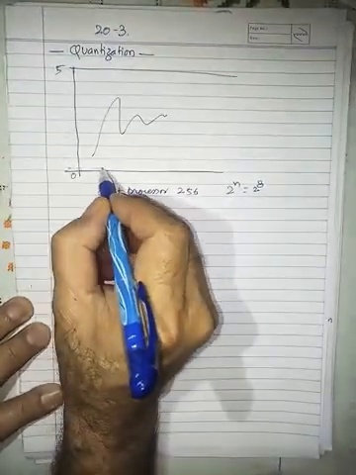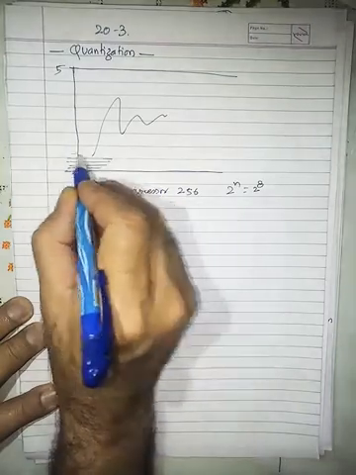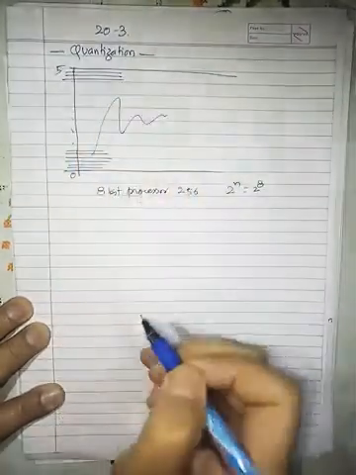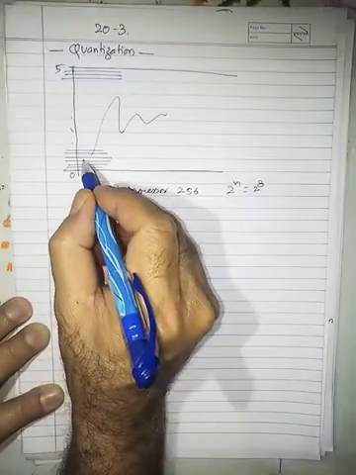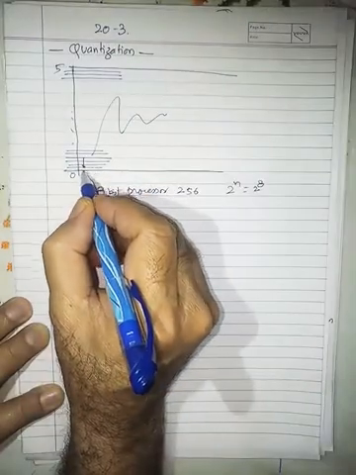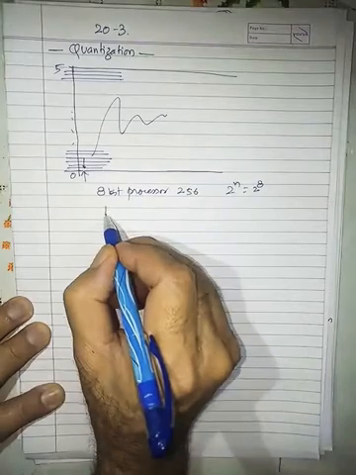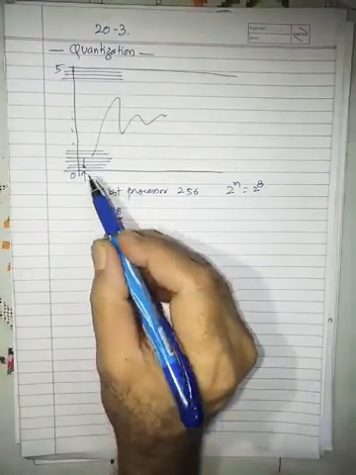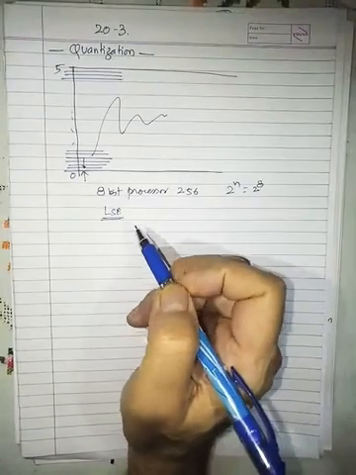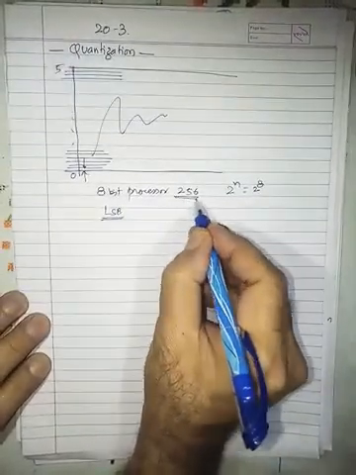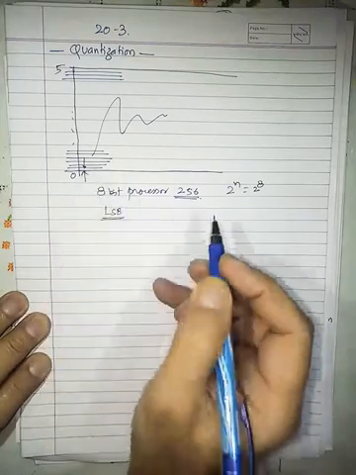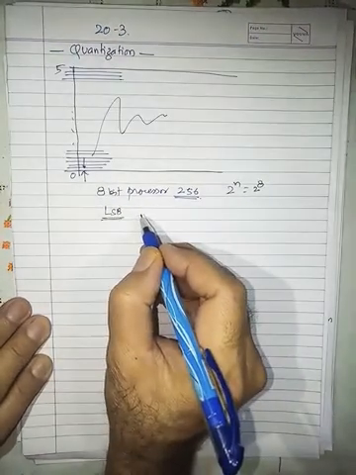So if I draw 256 levels this way, the difference between one level and the next, that is the LSB, or smallest possible reading, means 0 and 5 volts are divided into 256 levels. So the lowest level, between 0 and the first level, this LSB will be equal to